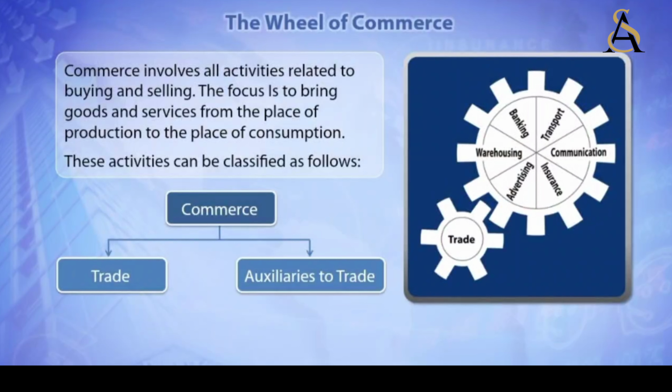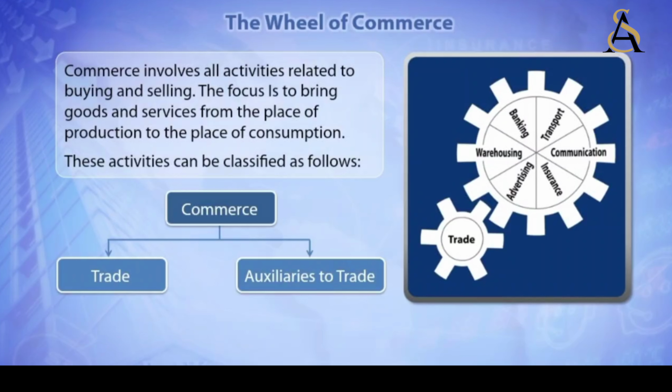Commerce means all those activities which are related to buying and selling. So, in commerce, there are two persons who are involved. One is the buyer and the other one is the seller. The main focus of commerce is to bring goods and services from the place of production to the place of